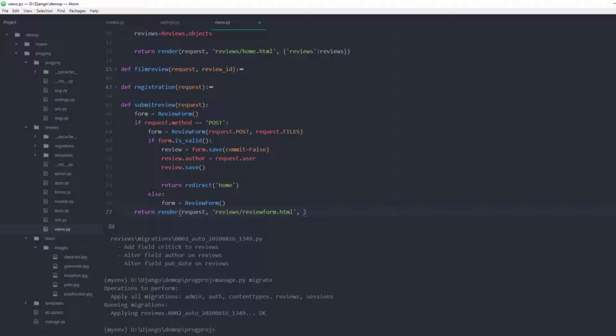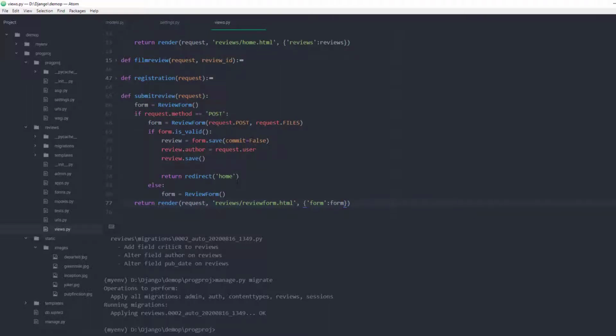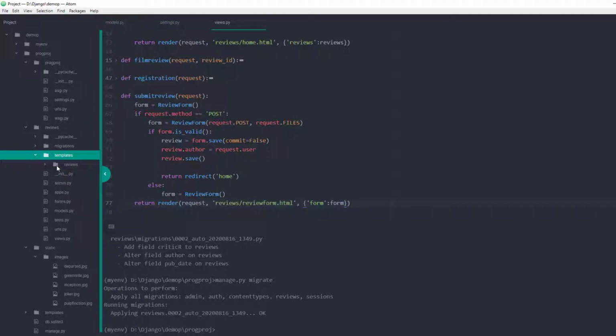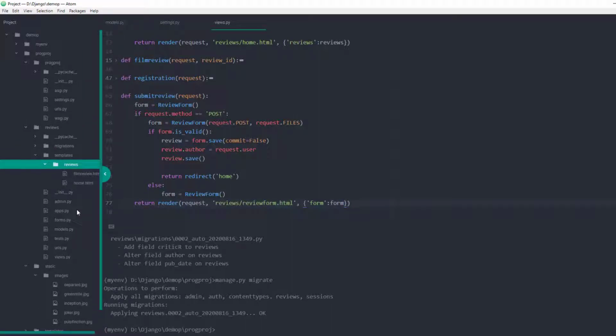Okay, so we need to say what the form is. So we're going to say our context is form and form. So that should be fine. That should work, and we'll test that in a minute. Before we can test it, we've got to create our template. So in fact, the way I'm going to do this,